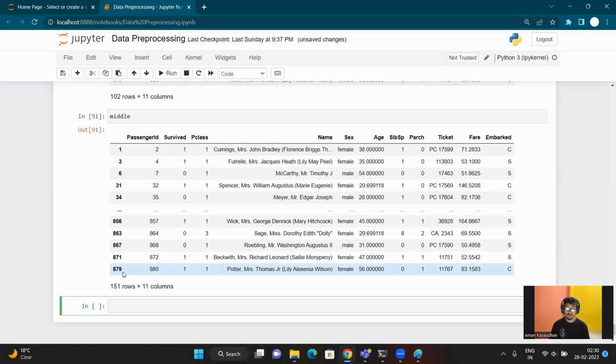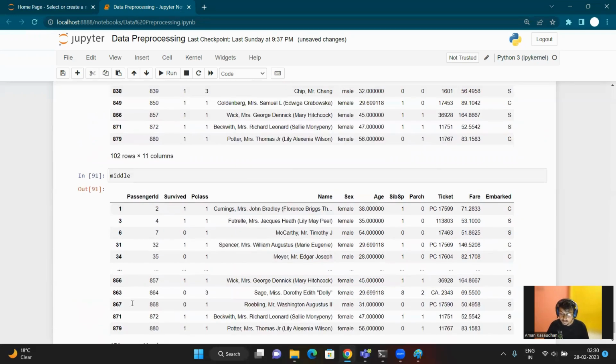See this. Those who paid the maximum for their ticket survived more on the Titanic ship. Okay, let's check out the percentage, then it will be clearer for us. Print middle class category percentage,